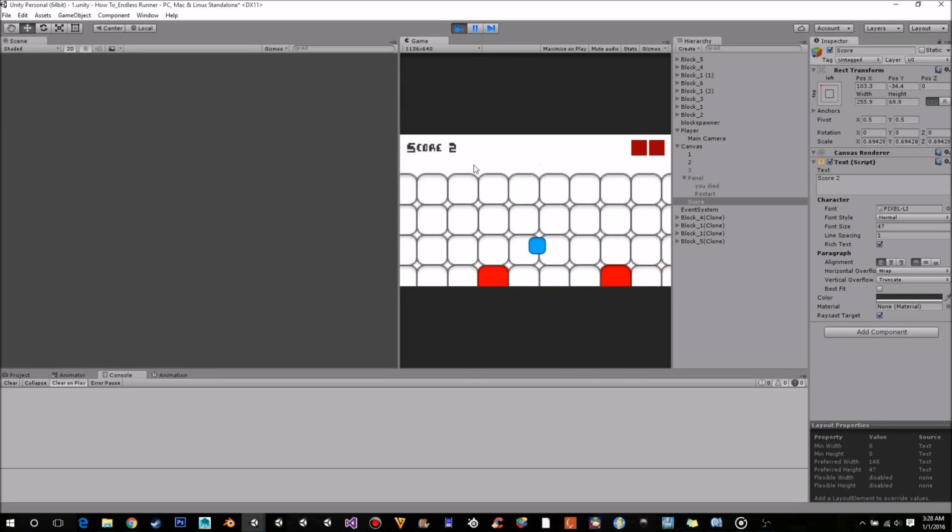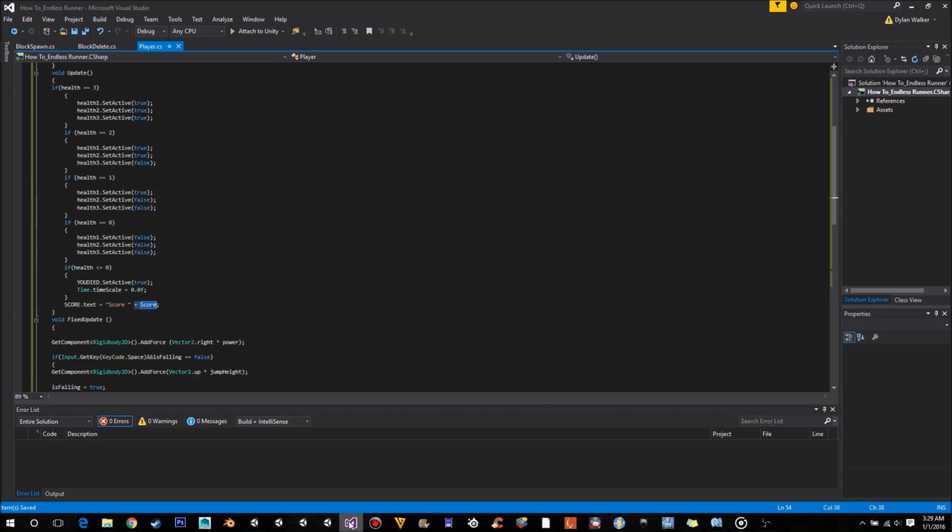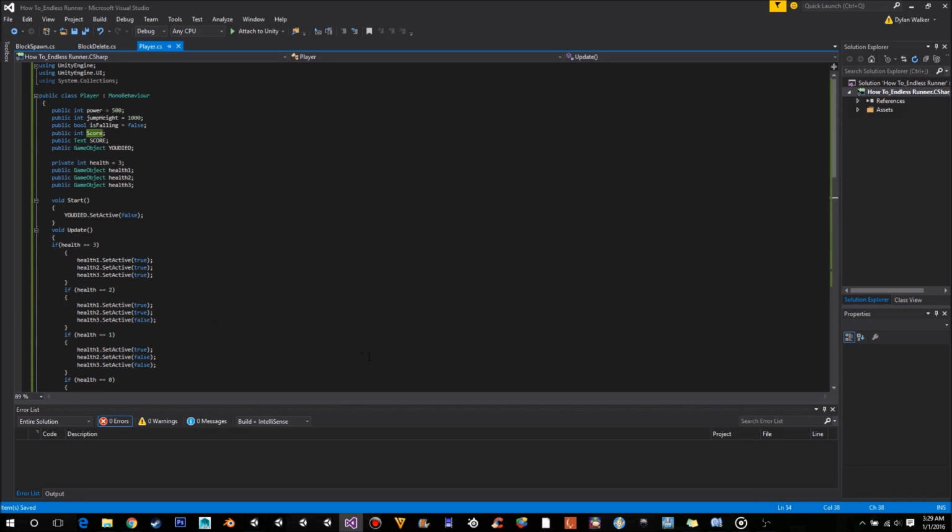So now we have the score working, and as you can see, when I hit blocks, that works. When I die, the screen comes up. If I hit space, nothing happens, and that's because we haven't added that yet. So that might be the last thing we actually need to add in this,